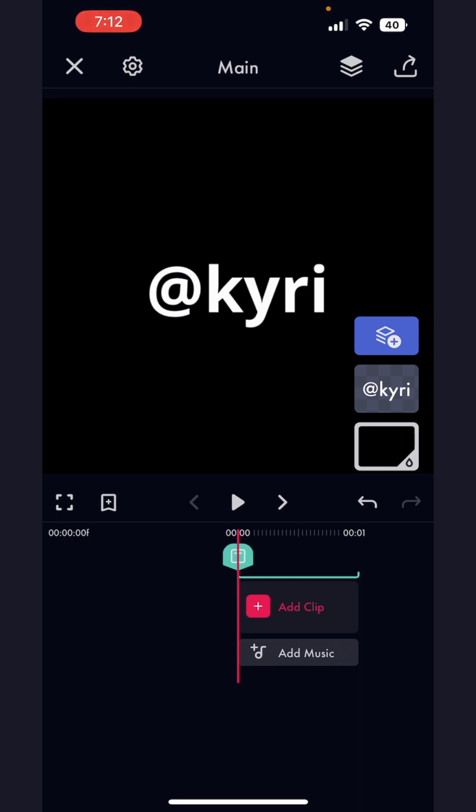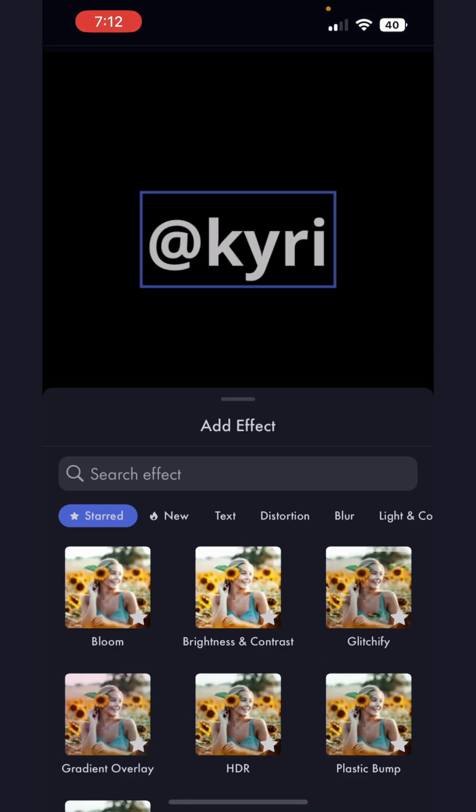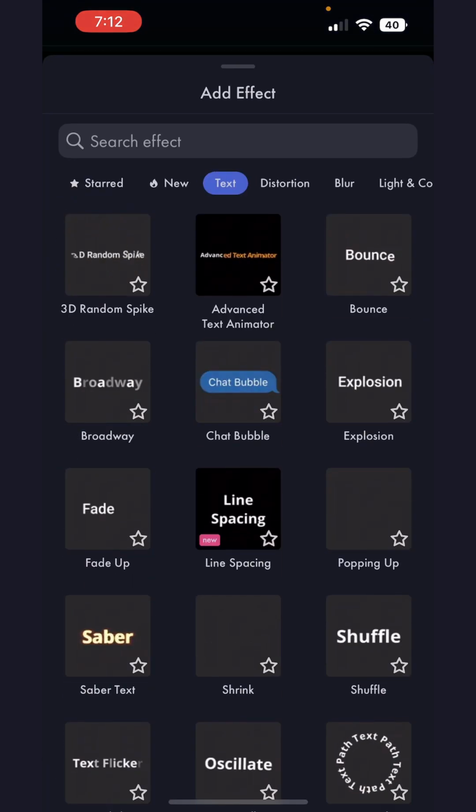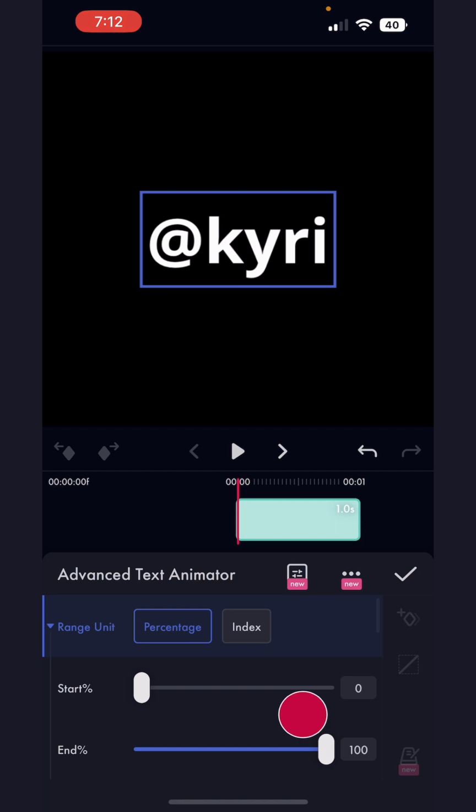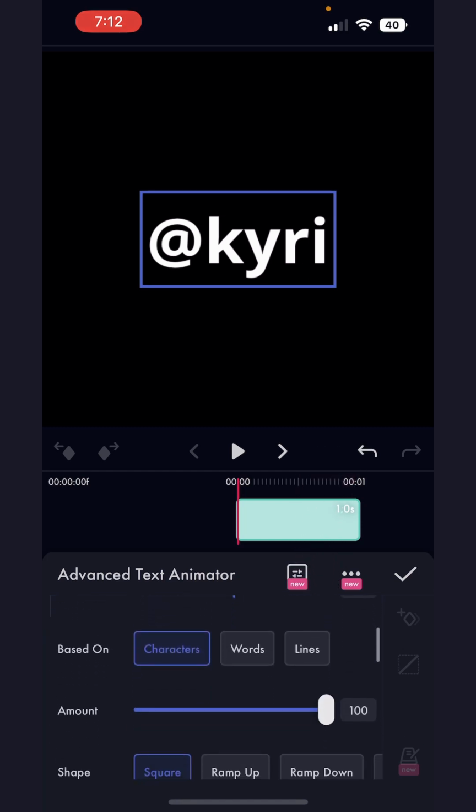So the first thing you have to do is create a text layer of your choice. Now the keyframe caters to different letters, words, and sentences/lines. So I will show you what I mean by that. So when you click on it, if you scroll just a little bit further, the animation can be based on